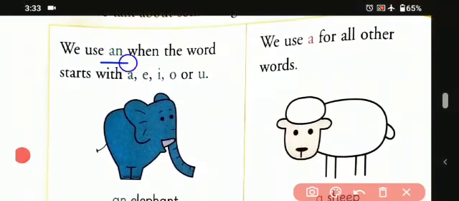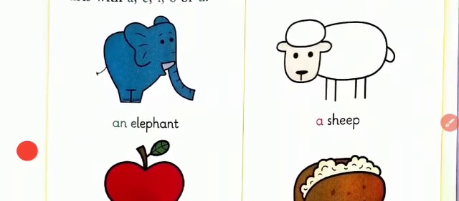We use an when the word starts with a, e, i, o, u. So that means vowels. So when we use an, that means the words start with vowels. We use a for all the other words. So for the consonants, we use a. For an example, we can see here